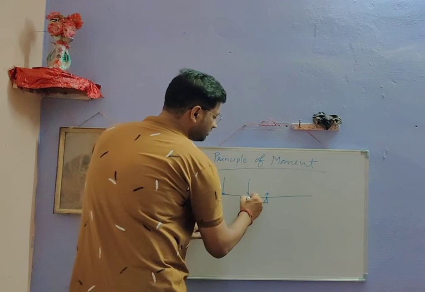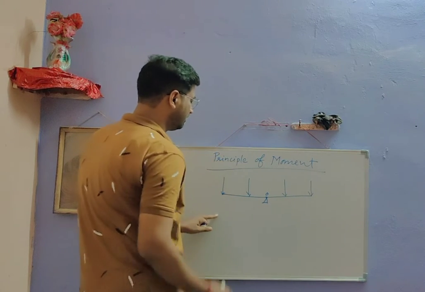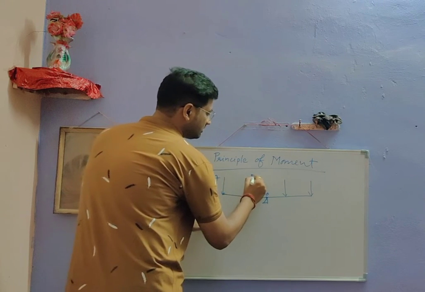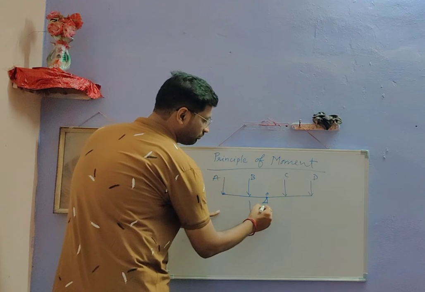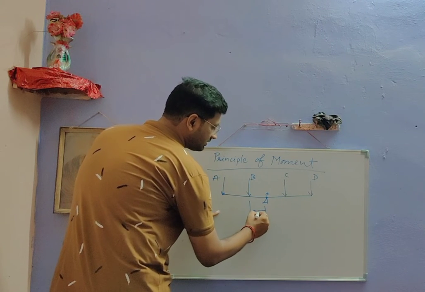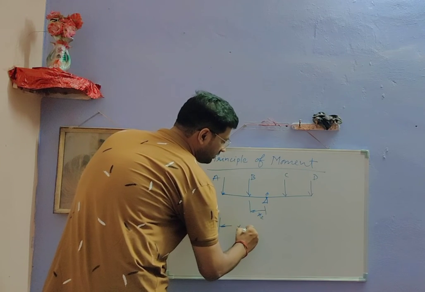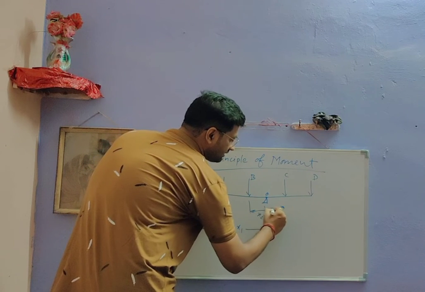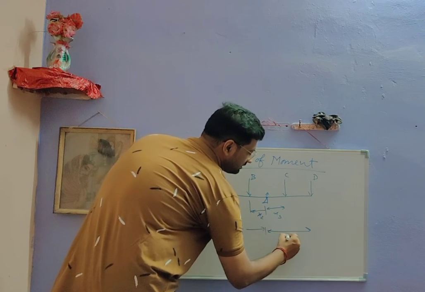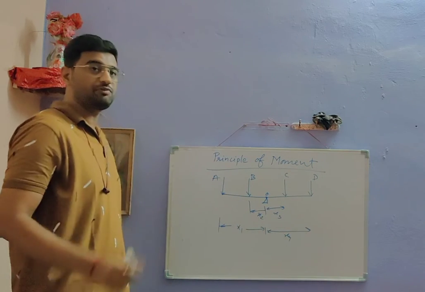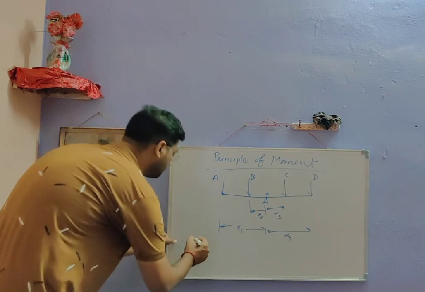on it. Suppose these are four forces, two on each side. This is force A, this is B, this is C, and this is D. The distances from the pivot point: this is x2, this is x1, this is x3, and this is x4. These are the distances. Now if you are taking moments about point O, what are we going